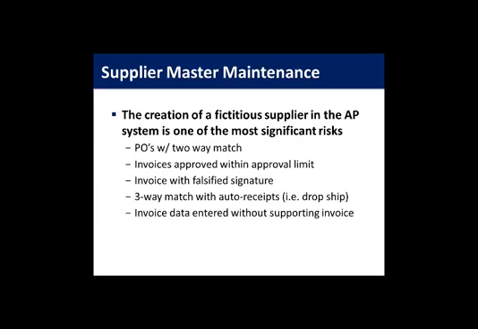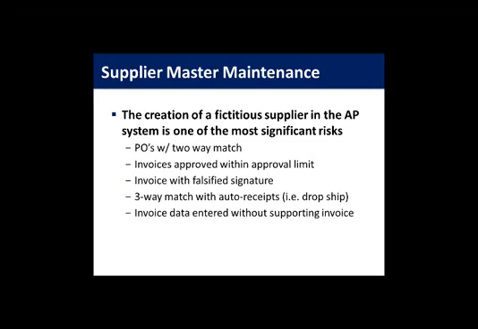The first one would be a purchase order with a two-way match. So it could be a buyer that generates a PO. They choose an account that maybe isn't often scrutinized or heavily scrutinized to code that account to. They use a two-way match in the PO, so there's no receipt required for that invoice to be paid. They could generate an invoice outside the system, mail that invoice to your AP lockbox or your AP PO box,